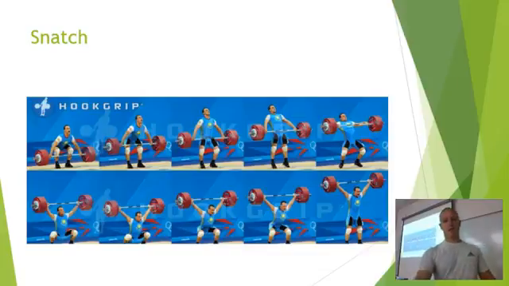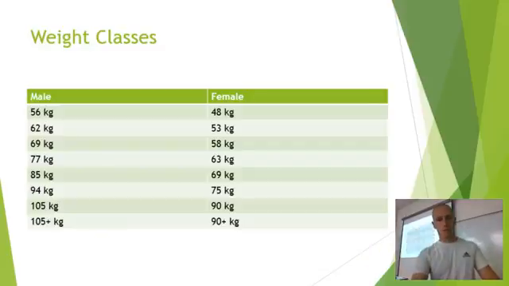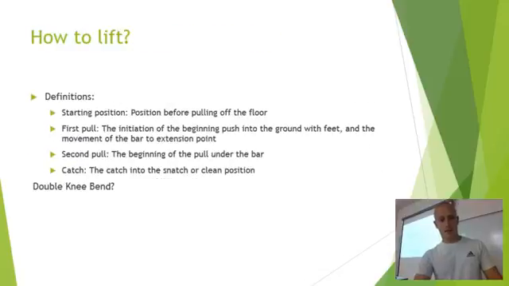actually complete the lift. So the clean and jerk has multiple catch positions because you have a catch initially under the clean, and then you have a catch on the jerk portion as well. Okay, but the same rules apply. There are not multiple movements within the jerk that we're going to go over, but there are multiple catch positions in the clean and jerk.